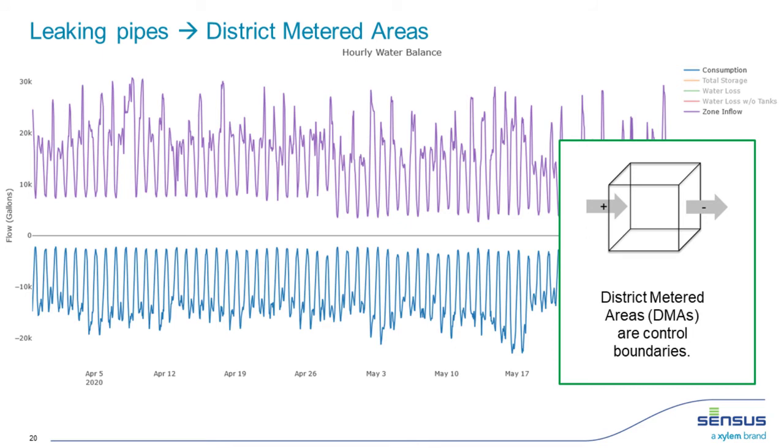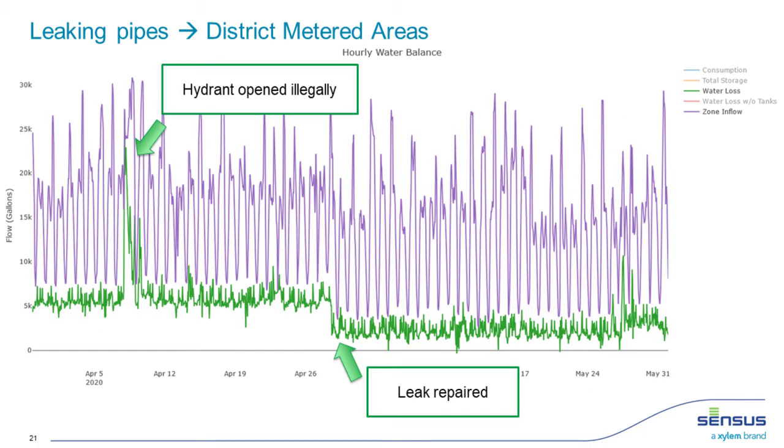It's shown there as negative because whenever I think of a mass balance, I like to make my control boundary and make sure my signs are correct, especially when I'm dealing with multiple inflows and multiple outflows, changes in storage and all that. And so by taking the difference between the inflow and outflow, accounting for changes in storage, we can start looking at water loss on a much more granular level, both spatially if we've got DMAs, but then temporally as well. So this is actually an hourly water balance where we're looking at essentially the water loss in the zone.